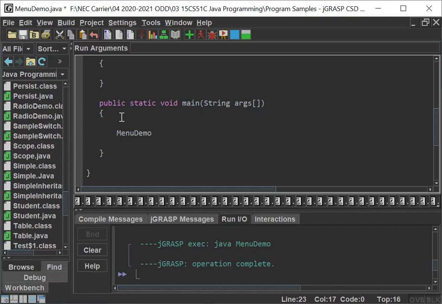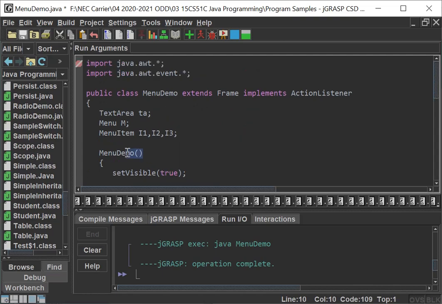So I'm going to give a reference name md equal to new MenuDemo. I have created the object for the class MenuDemo, so the constructor will automatically be initiated.